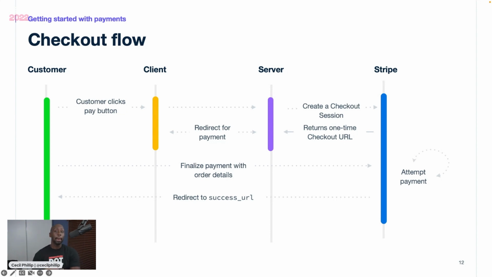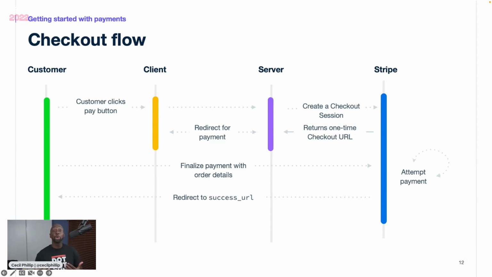And then Stripe is going to return you a URL. And this URL is going to be your customized checkout page. So now you're going to hand that page over to your mobile browser or your desktop browser. And in that experience, your users are going to be able to securely put in their payment information and confirm, these are the things that I want to purchase. And then we send it back to Stripe and the payment gets processed. And at that point, you can decide what exactly you want to do with your user. And that's essentially what Stripe Checkout does.